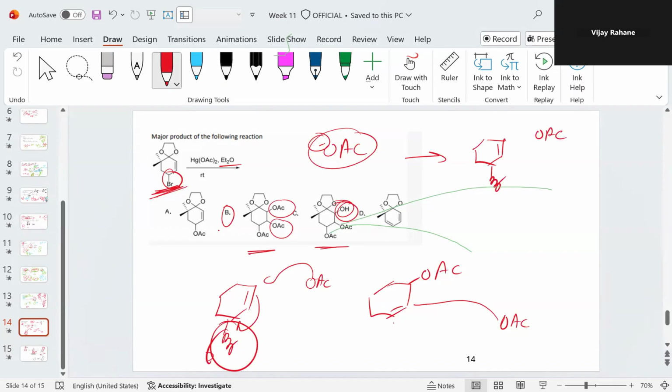Initially this Hg attacks here, then the OAc negative addition across the center. So it will be